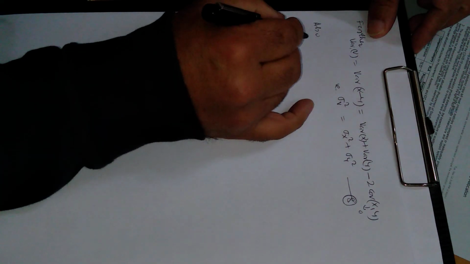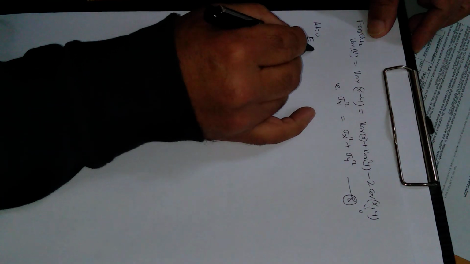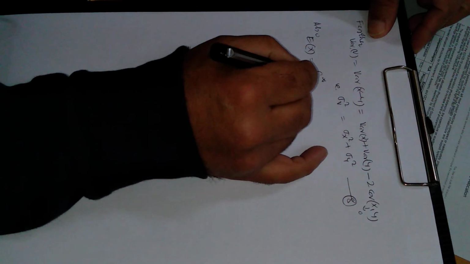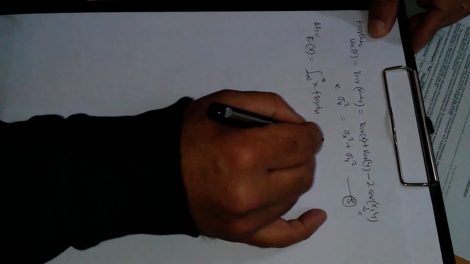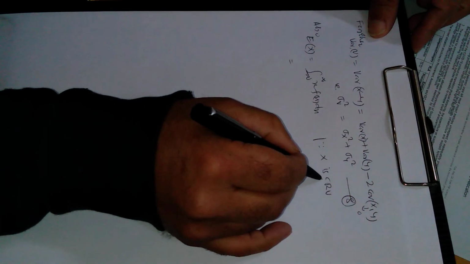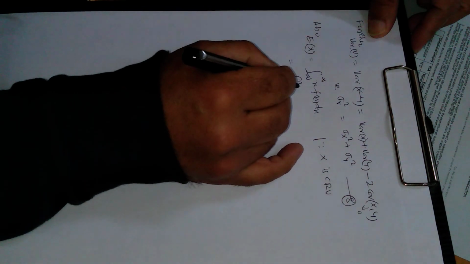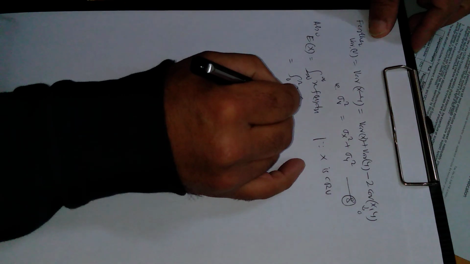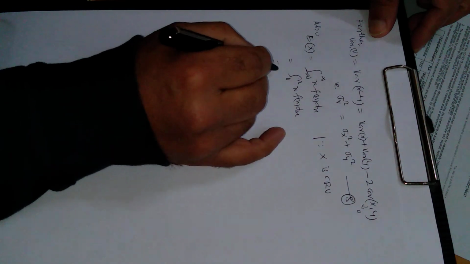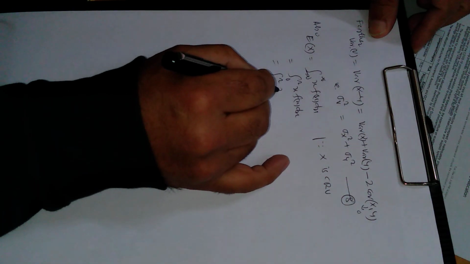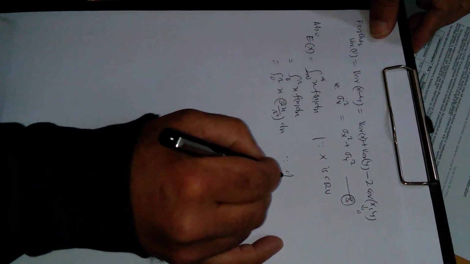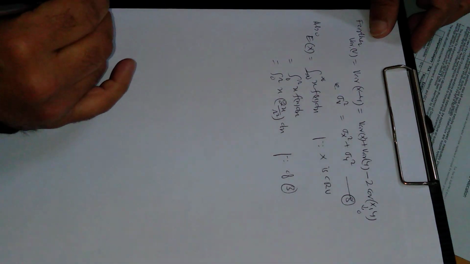Also, E of x is the integral from minus infinity to infinity of x f of x dx. Since x is a continuous random variable, because of the definition of the density function for x, this will reduce to only 0 to r of x f of x dx. So because of equation 3, f of x is 2x upon r square, the density function with respect to x.